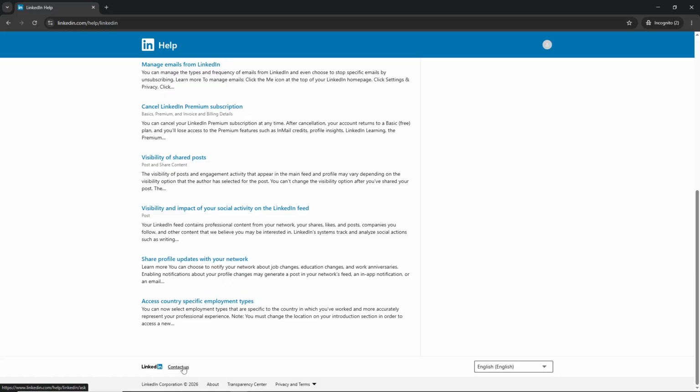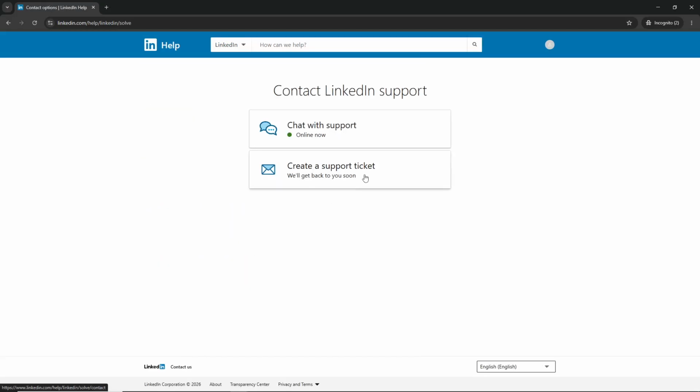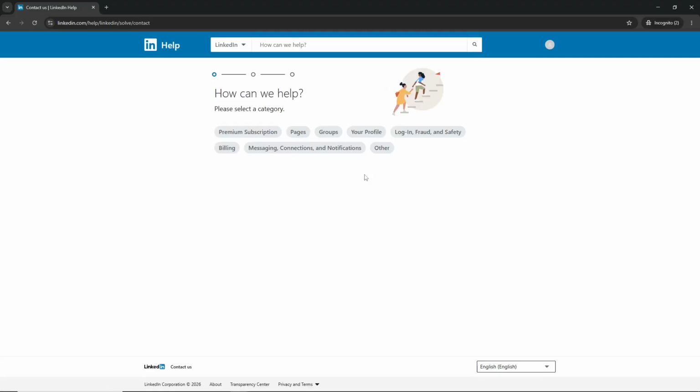On the next screen, click on Create a Support Ticket. This will open up a form where you can specify the nature of your problem. LinkedIn offers several predefined categories to help route your ticket to the right department. You can select one of the given categories that best matches your issue, or if none of them fit, simply